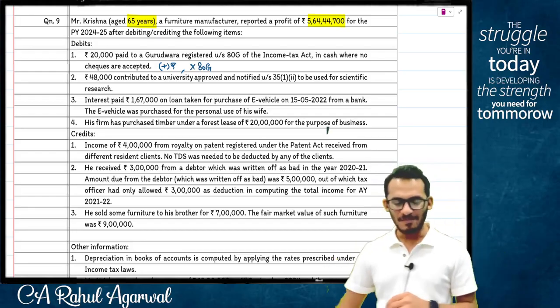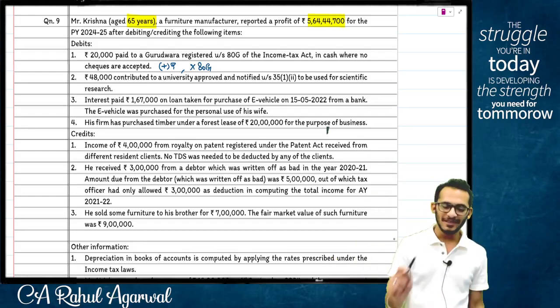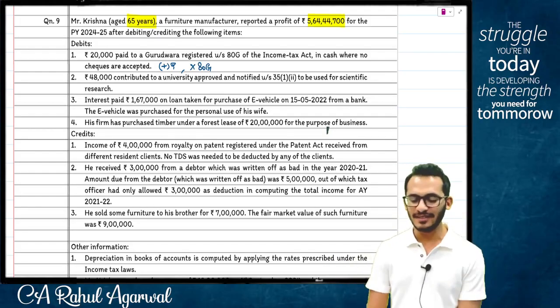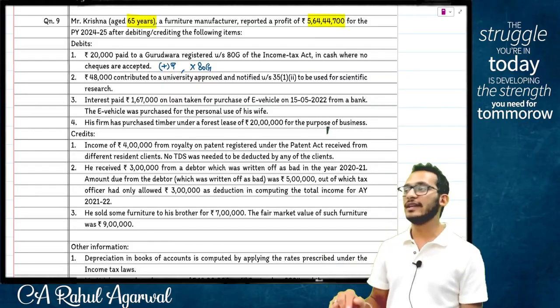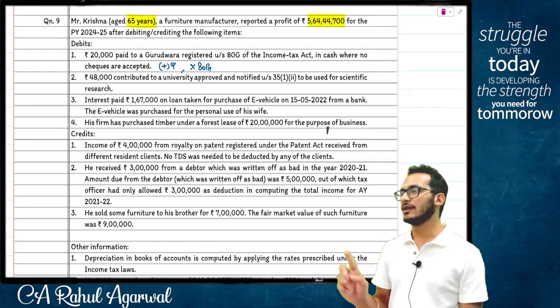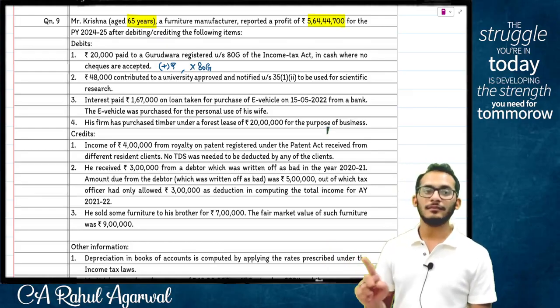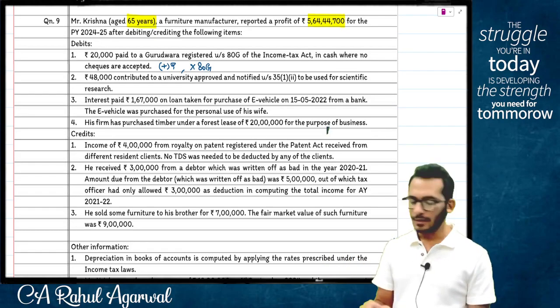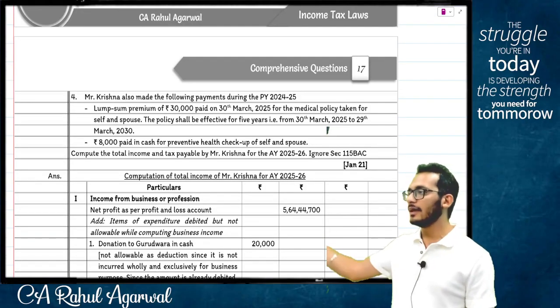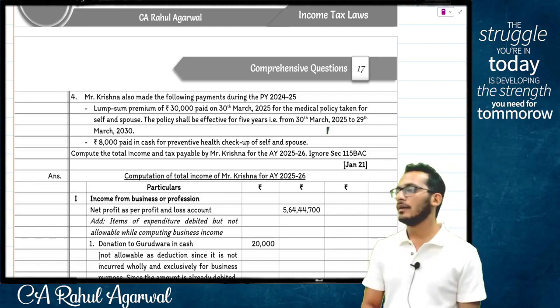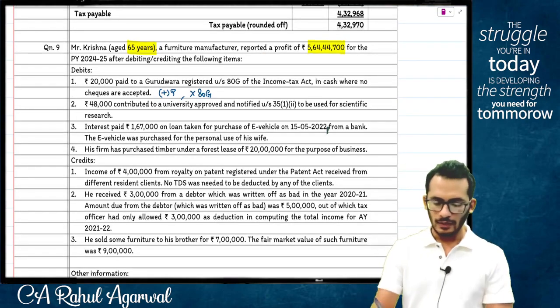Anyway, point number 2. It says 48,000 contributed to a university, approved and notified under 35(1)(ii) for scientific research. People, this is a donation to scientific research. I told you, if it comes to ATR, allowed. If it comes to DTR, let's check what the question wants. The question wants compute total income, tax payable, ignore 115BAC,